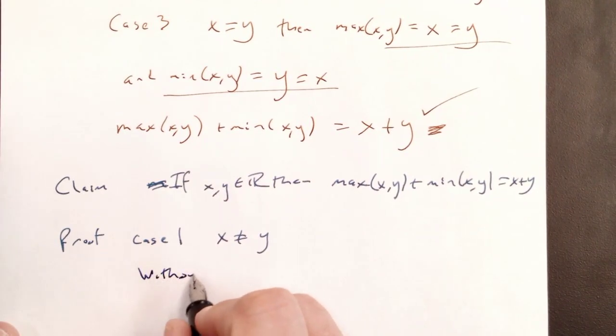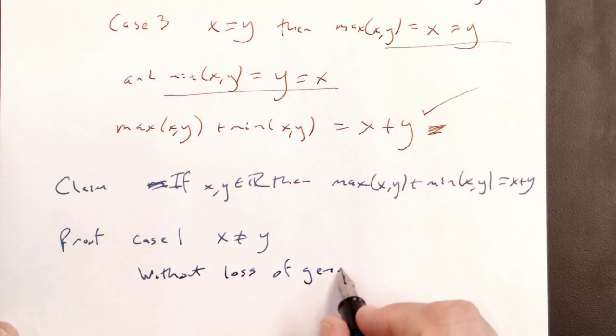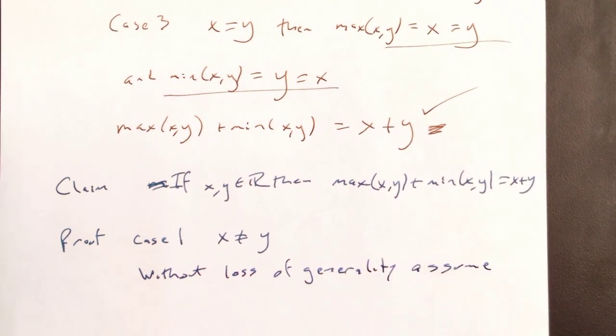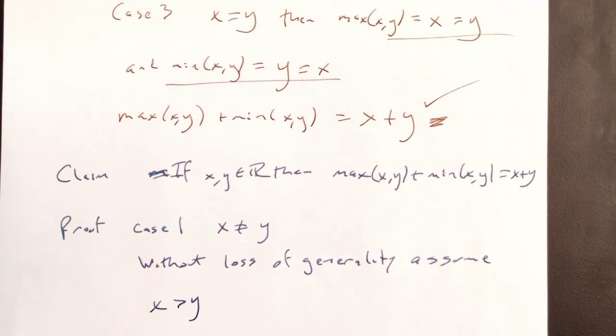Without loss of generality, assume. And now, Seth, you have to tell me, which is the bigger number? Okay, I'm using X and Y. Oh, X and Y. Which one's which? Okay, assume X is bigger than Y. And now I do the proof assuming X is bigger than Y,